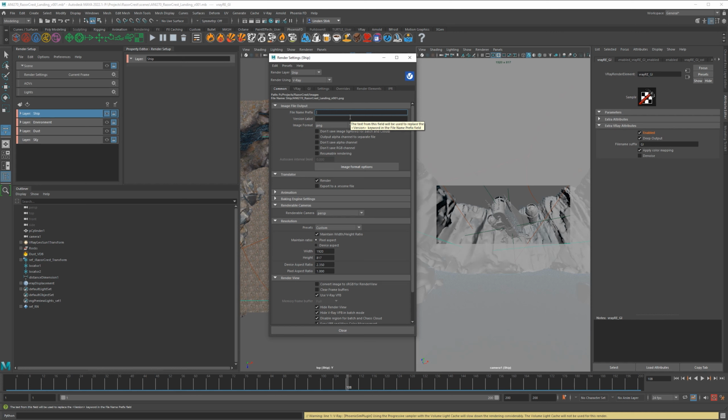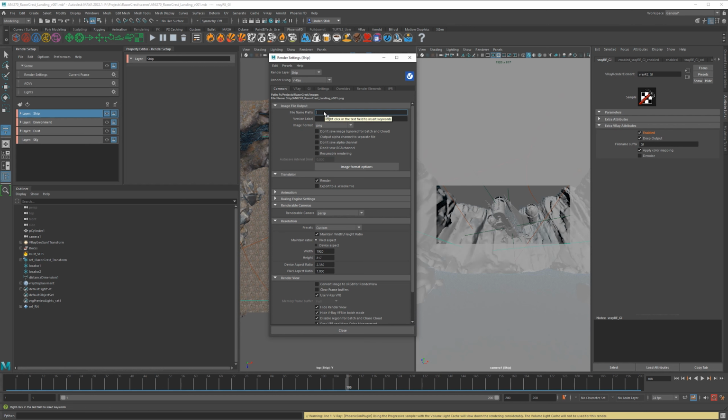And the way that we're going to do this automatically is by right-clicking, and then we have these tokens. There are more tokens that you can choose from than what are listed here, but those are very nuanced and specific. But these are pretty much everything that we need for this class. There's a whole bunch of ways you can set this up. So you could say the file name is automatically going to be whatever your actual file name is of your scene, which is very useful. You can do it based on the layer. You can do it based on the camera, the version number, date, time as well.